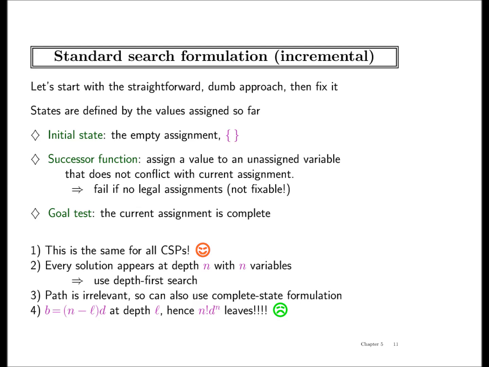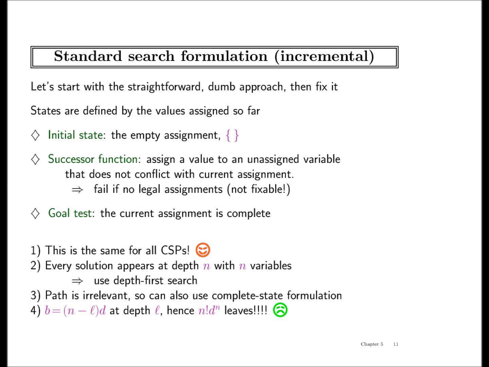By the way, is it okay to do depth first search? What is the problem with depth first search? What is the maximum depth of this problem? Number of variables. Exactly. So we are now in a framework which has finite depth. All solutions are at which depth? N. All solutions are at depth N. So it's a nice ground, we can do whatever we want. We can do depth first search because we may not be able to get that much memory to do breadth first search. There is also no value in doing breadth first search, because we know that all solutions are at the same depth.